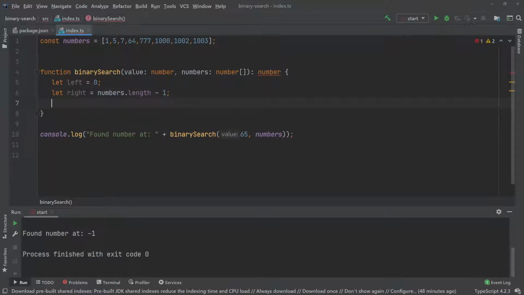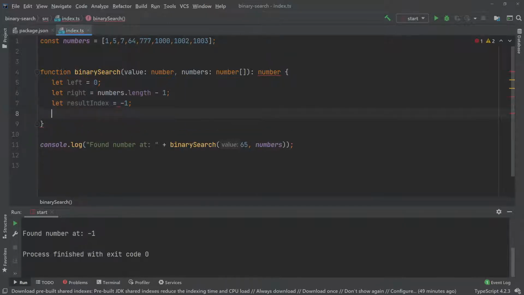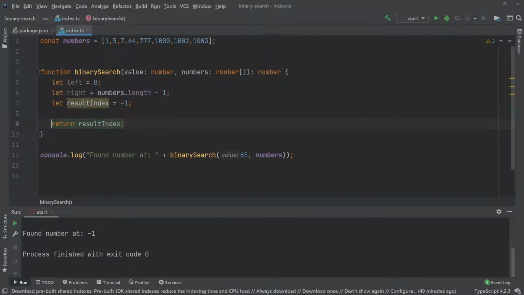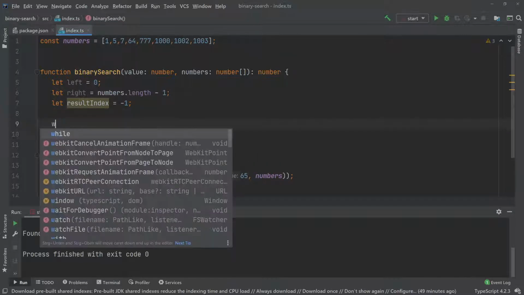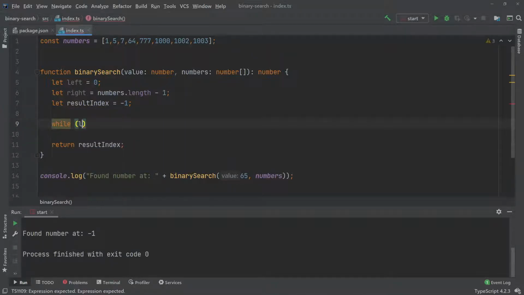And create a result variable which is -1, and we return it. And if we don't find anything, the return value will be -1. Next, we create a while loop,